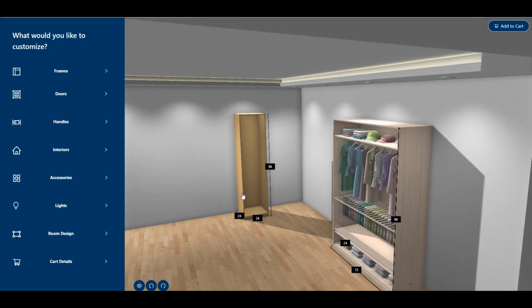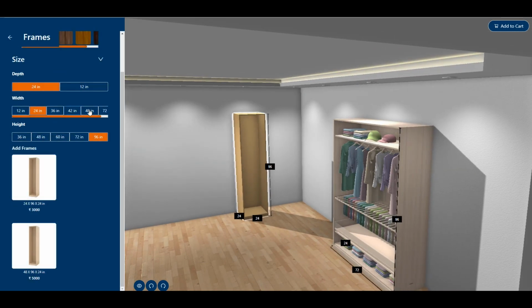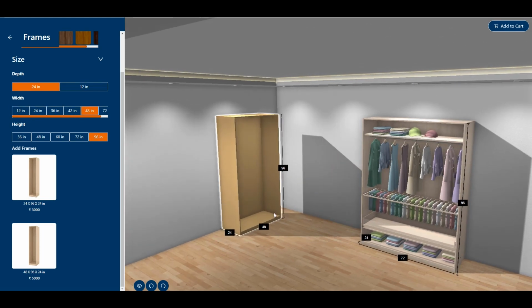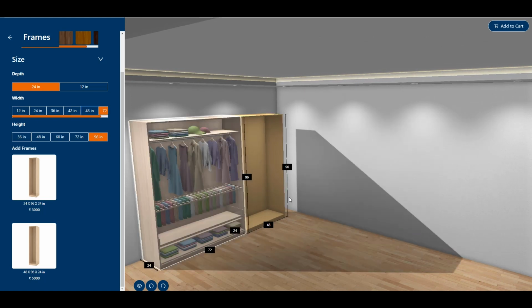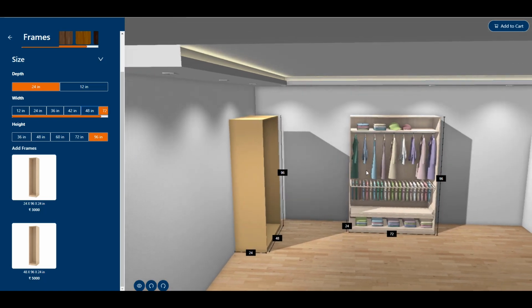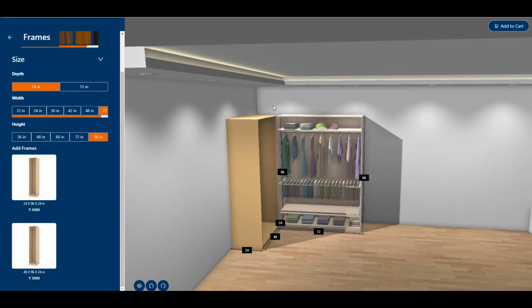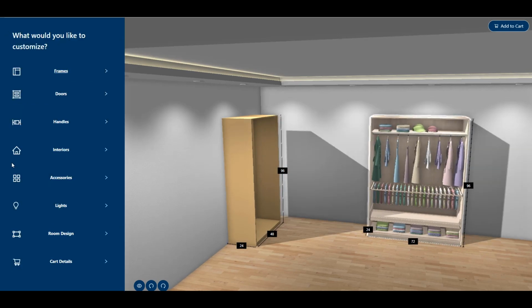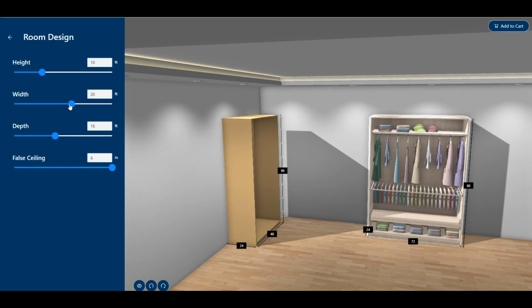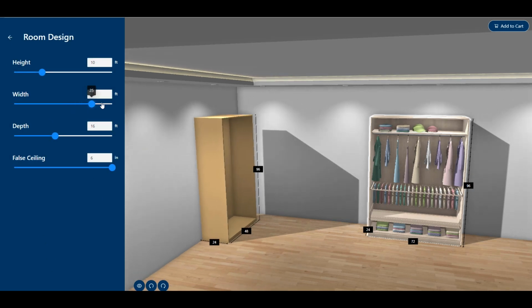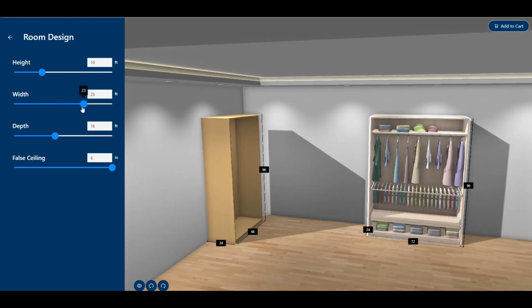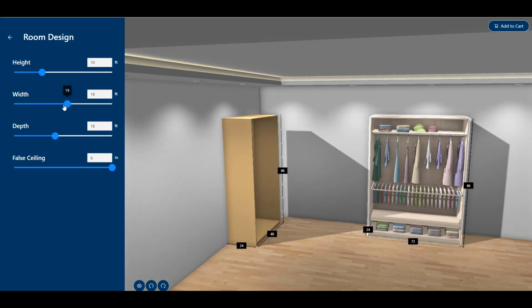Now let's see if I change the size of this one frame, and let's try to move it along the wall side, and let's move the created cabinet frame near the corner of this one. As you can see, it is not going beyond or intersecting the existing frame on the corner side. And if I change the room width also, it will automatically be sticking with the wall itself. Like with the left wall, there is one frame sticking with it, and it is automatically moving with